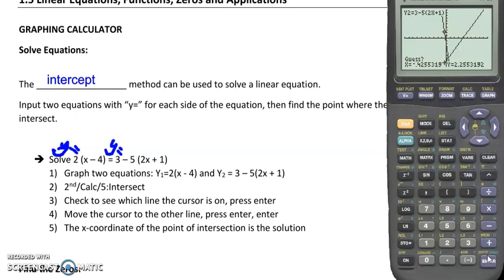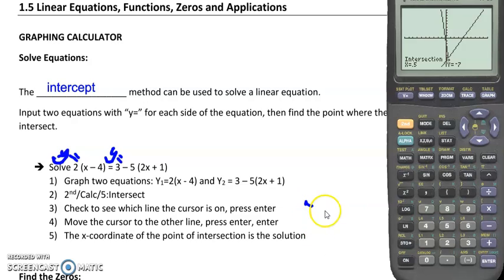Now these calculators are set up for educational purposes, so it is going to ask you to guess what the answer is, and you can just skip right past that, and that's why we press enter twice. If you look at the directions here on step number 4, it says move the cursor to the other line and then press enter. You're pressing enter twice. The first time it's going to ask you to guess, press enter the second time, and it's actually going to find that point. And on my screen, it's kind of hard to tell, but it's actually blinking right there where those two lines meet. So that means they meet at the point